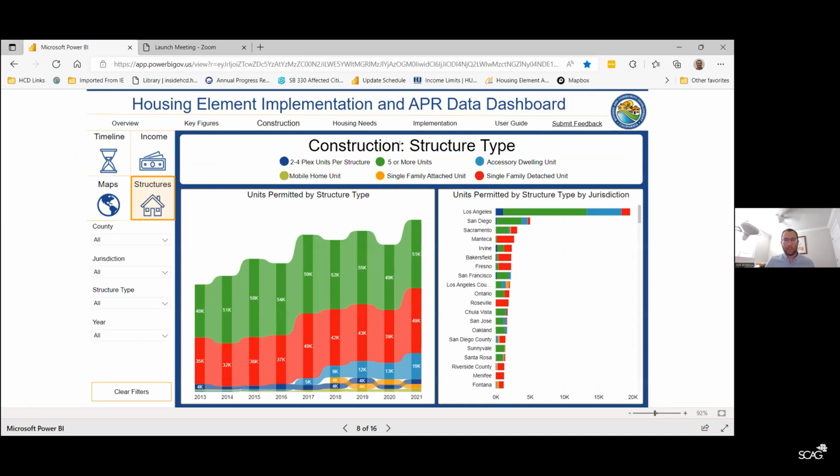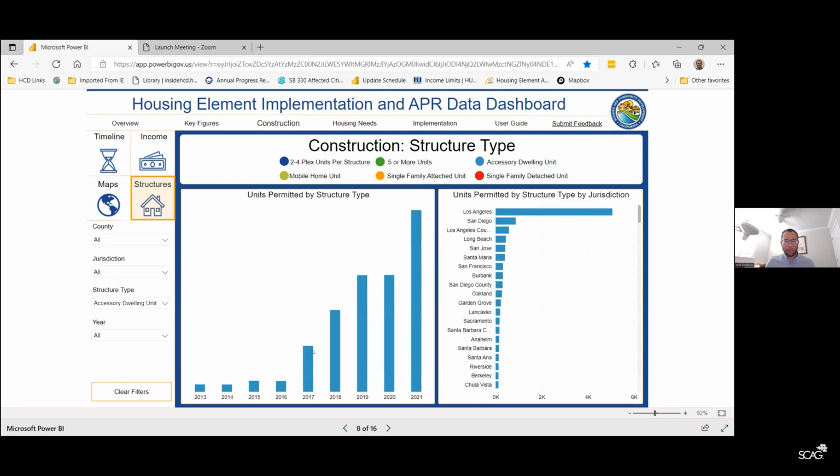And then finally, just to finish off the construction topic, units by structure type. This is tracking the amount of units that have been reported in the various structure types that we're tracking. The notable data point here is the increase in the accessory dwelling unit category. Kevin alluded to this during his presentation, but there's really been a big takeoff in the ADU category. That's the blue category here, which is seeing an increase on the bar chart, and I can spotlight that if I click on accessory dwelling unit, and I can see that the numbers really have shot up,